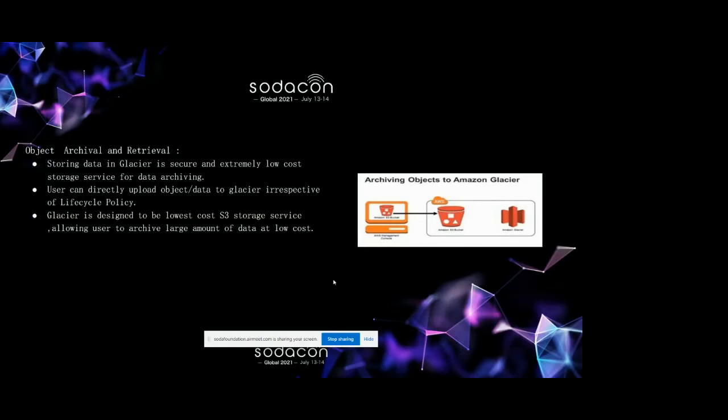This is one of the lowest cost storage services, allowing users to archive a large amount of data at very low cost. So this is one of the features that we added.